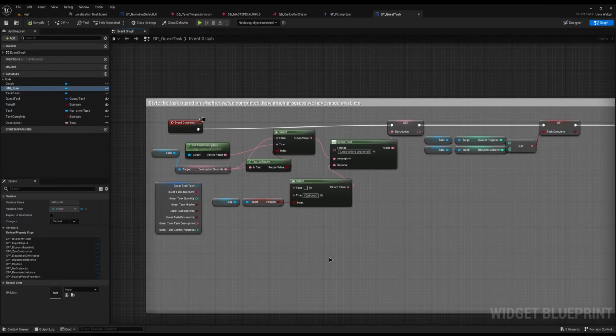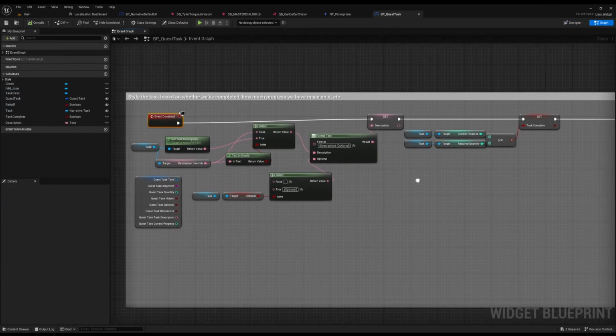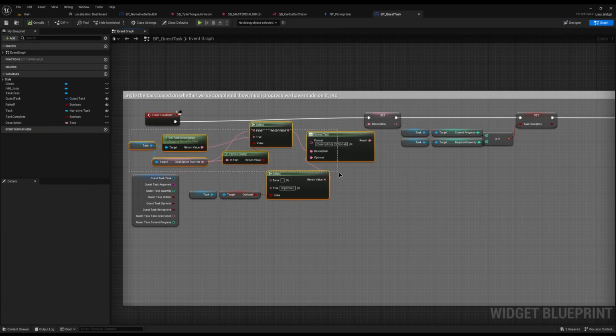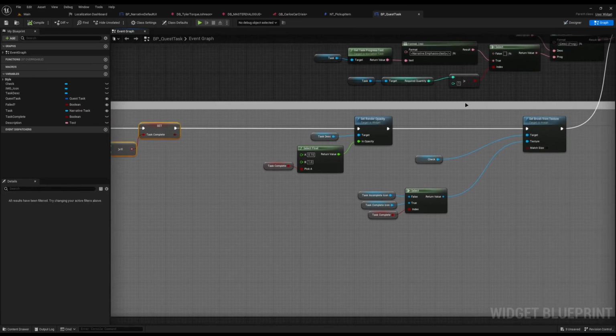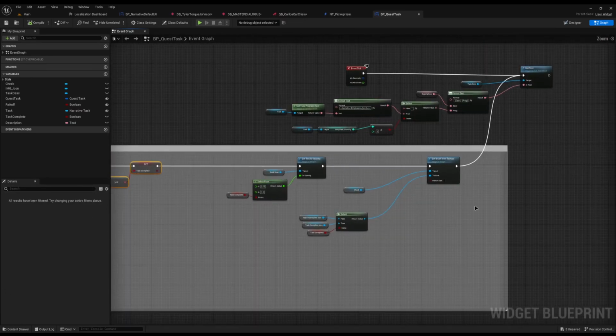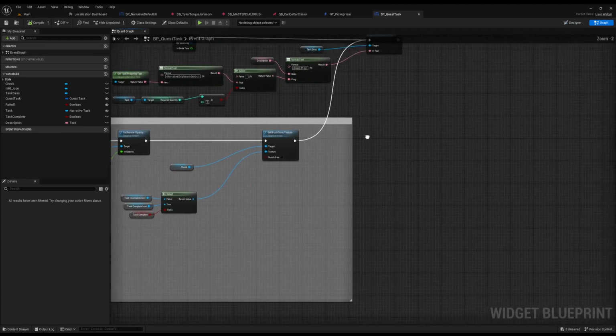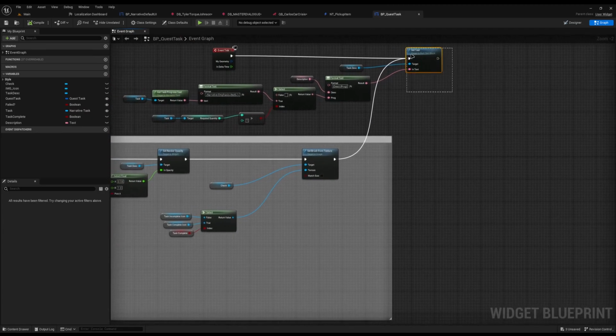So just reading basically through this, we can see it comes to the construct and it sets the description from this very long bit here to pimp it out to exactly how you need it to. And then it sets the progress. If it's complete, it does what it needs to, which is okay. So what I'm going to do here is just before it comes off up here and sets the task here,